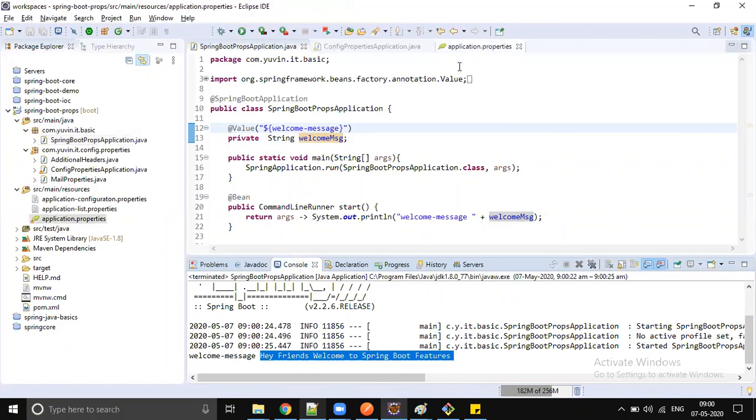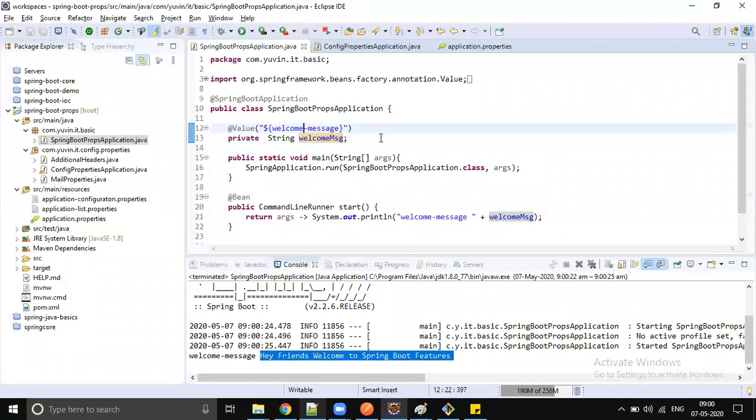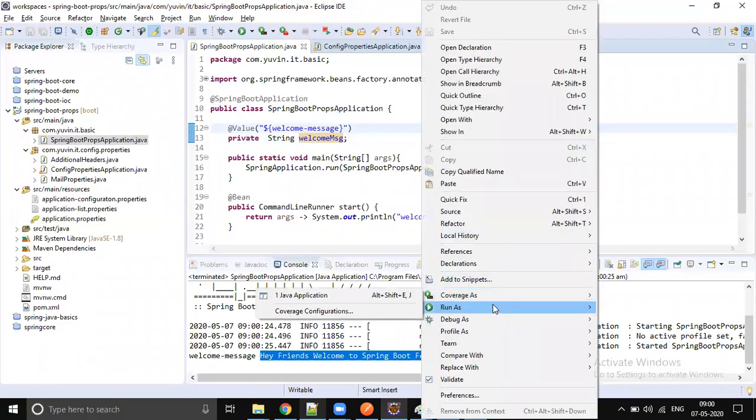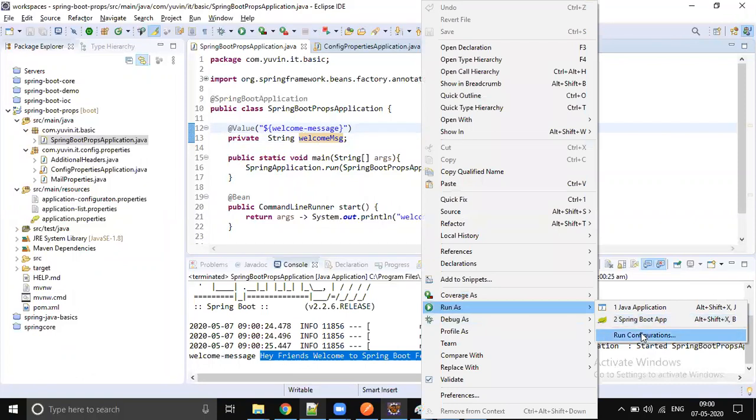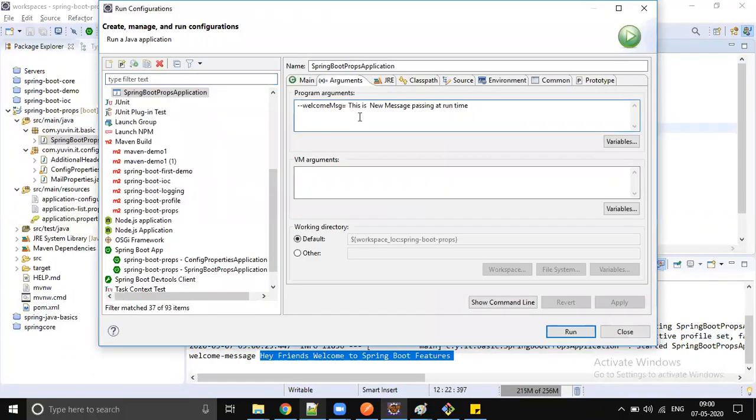Welcome to Spring Boot Features. This is loading from here. Why is that not overriding my property? Run configurations, welcome message. This new message is passed at one time.